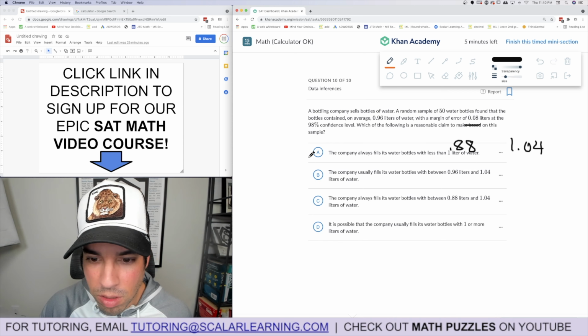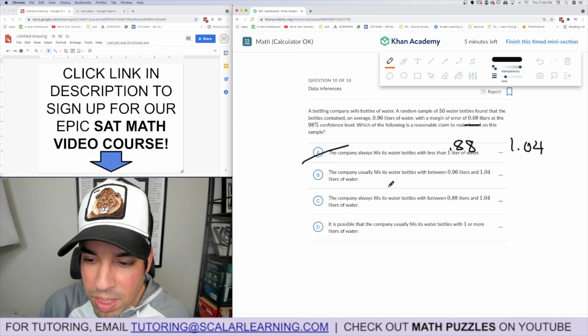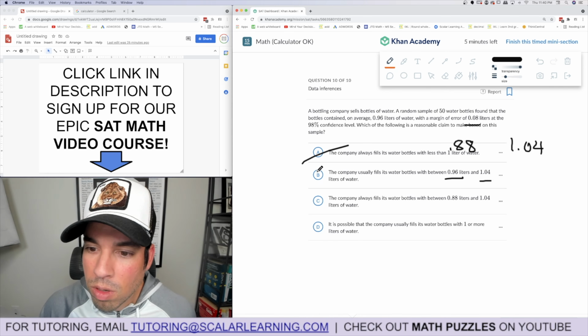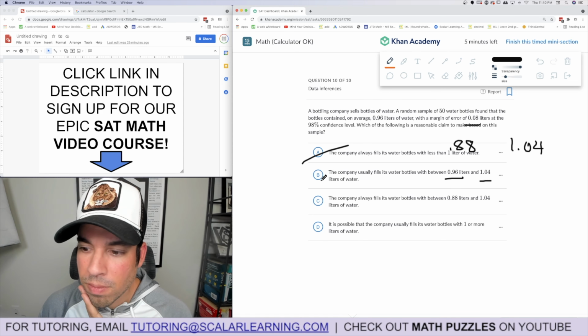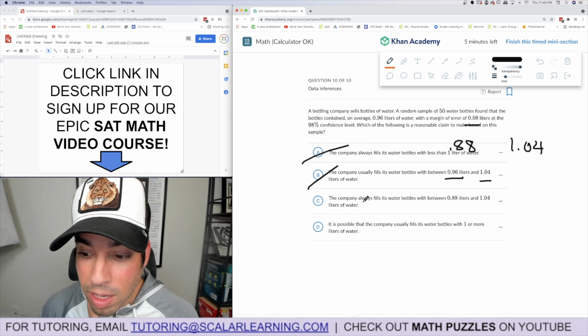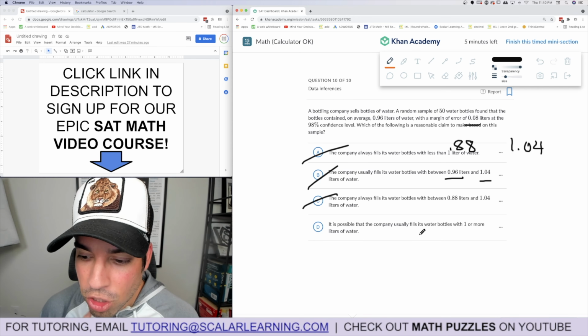Company always fills, no, that's ridiculous. The company usually fills its water bottles between this and this. I would say, I want that 0.88. Yeah, I'm going with this one. Always, I don't like that. No, it's not always. It is possible that the company usually fills,